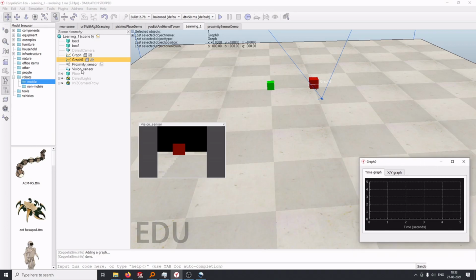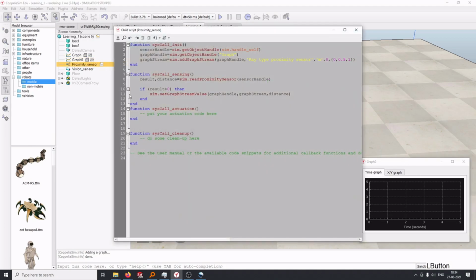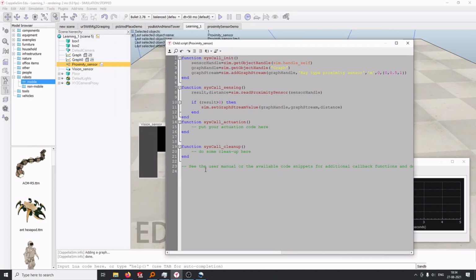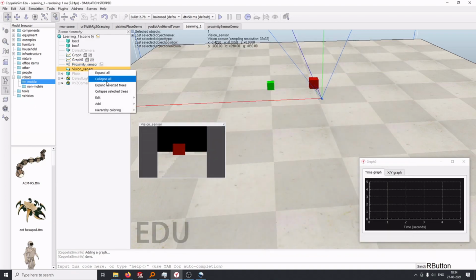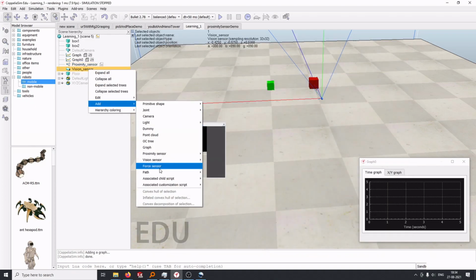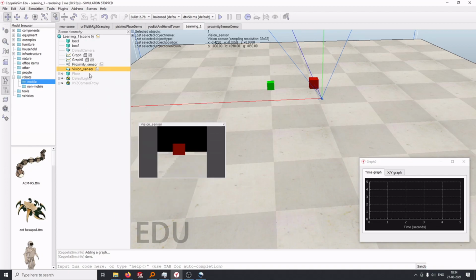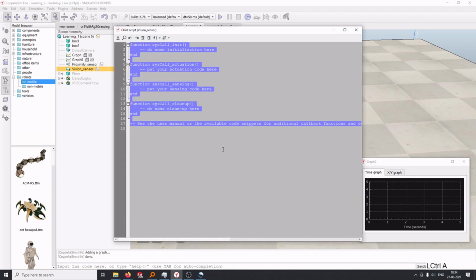Now, similar to the previous example of interfacing with a graph, we will just see the script that was written for the proximity sensor. We'll copy this, and paste it in the vision sensor. So we add an associated child non-threaded script, and we open it, Control V.